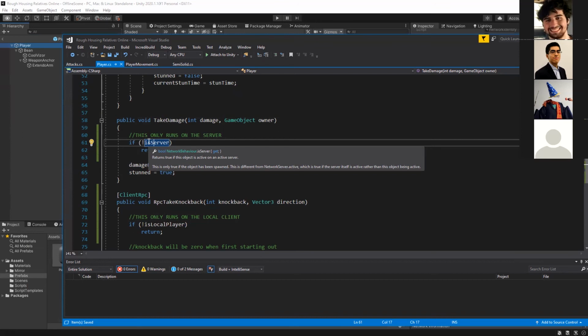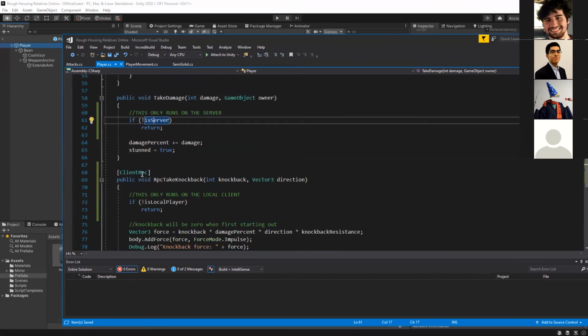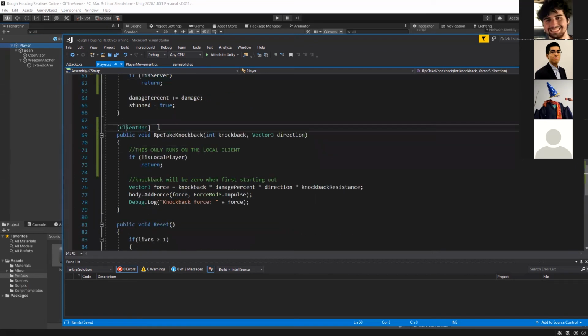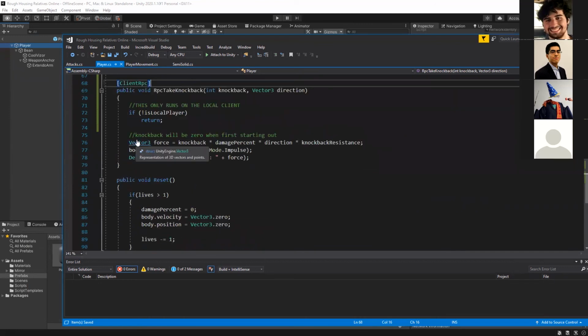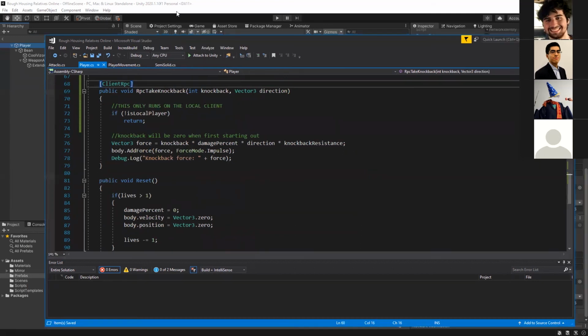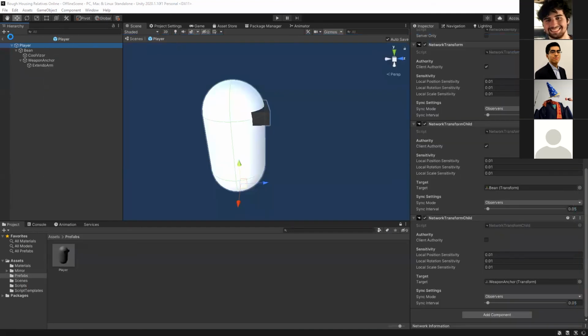So I'm not actually, that was a lot of information. But hopefully my explanation made a little bit of sense. Is anyone totally lost, or did we get these client RPCs in here? I think we're good for another build probably at this point. So I'm gonna make a new build.